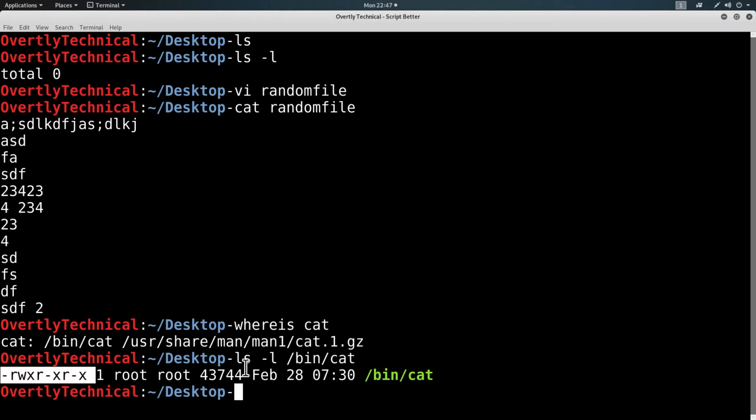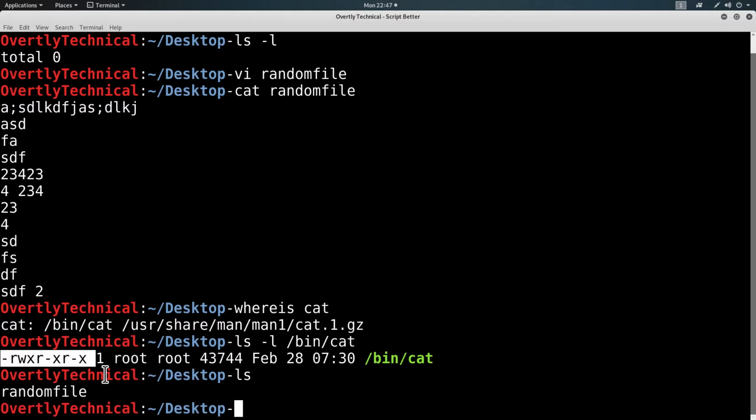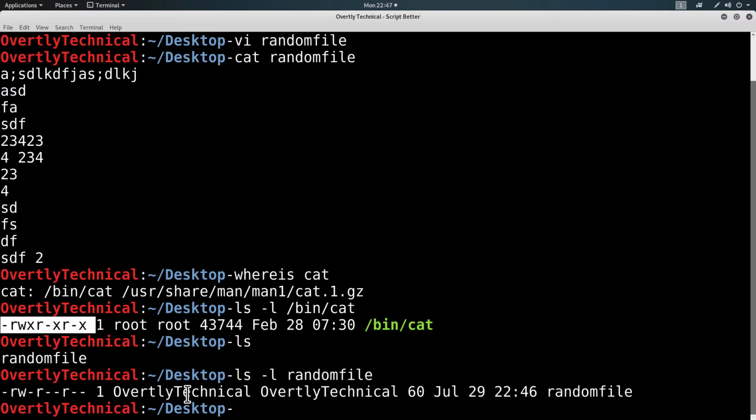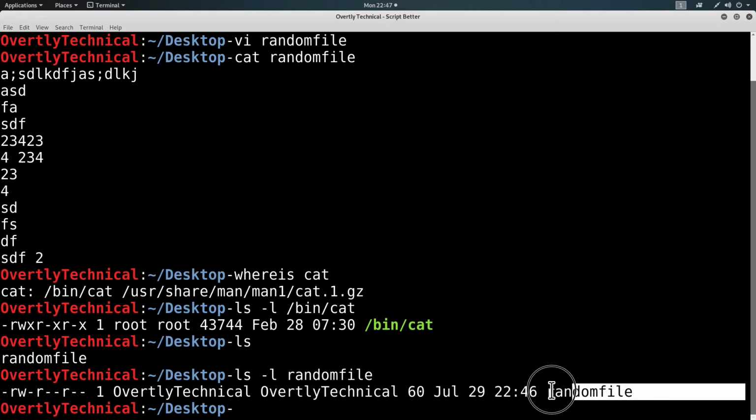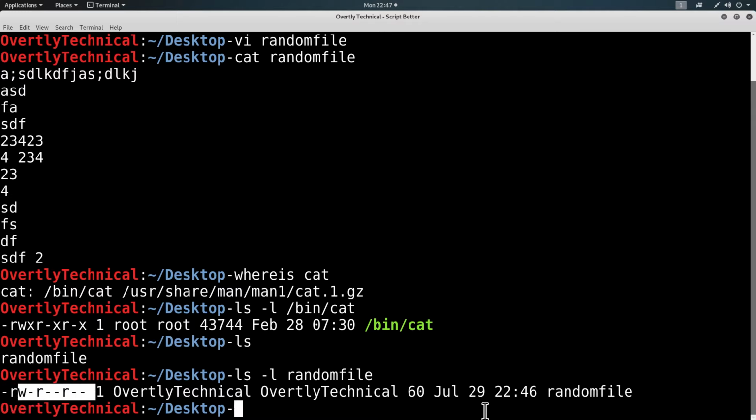It is a literal file, just the same as randomfile. ls -l randomfile. Randomfile, the file I just created, is an actual file on my machine named randomfile. And here are its permissions. Here's the last time it was accessed. Here's how large it is. Obviously, this is not very big at all. It is 60 bytes total, not nearly as big as, say, cat, which is that many bytes.